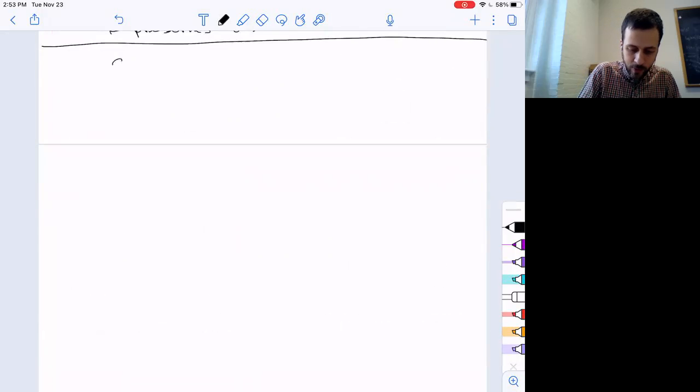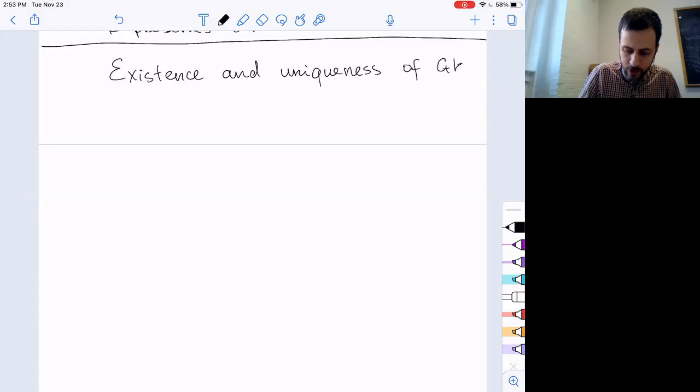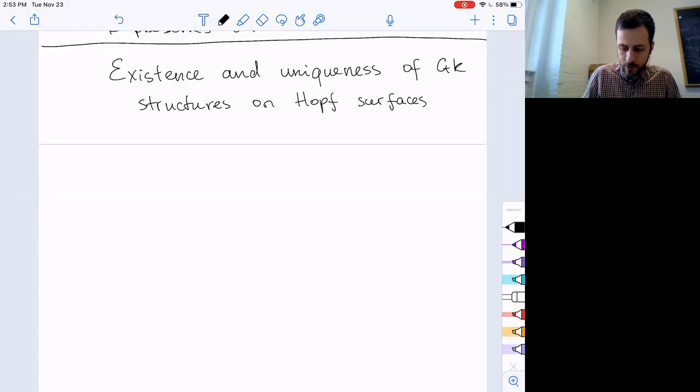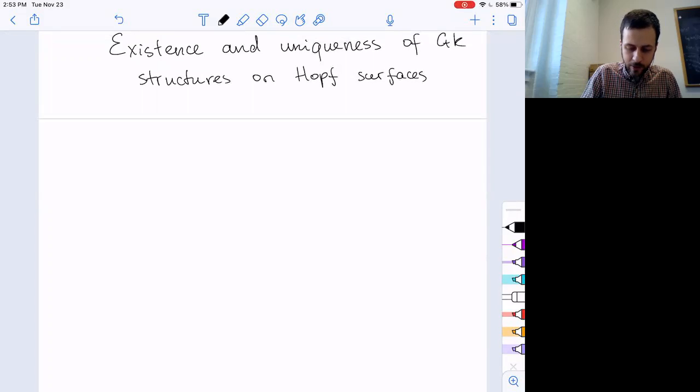So overall, I will call it existence and uniqueness of generalized scalar structures on Hopf surfaces. And I need to start with a sort of taxonomy of